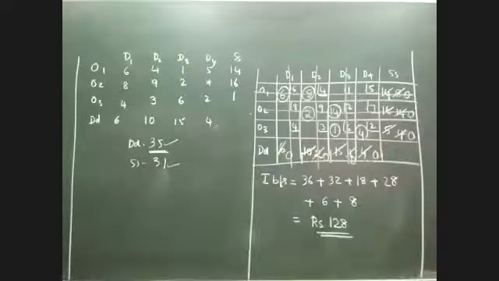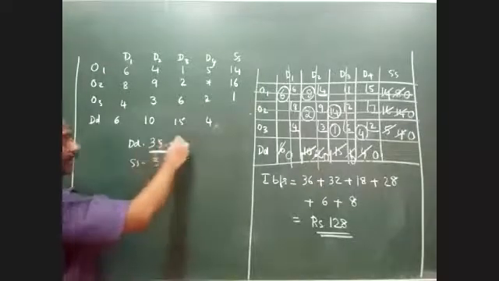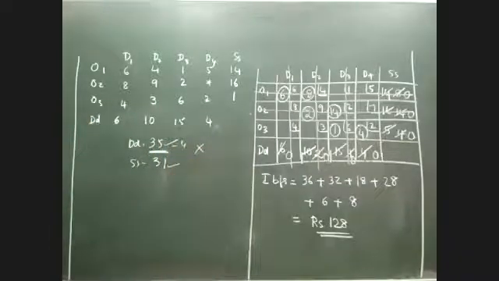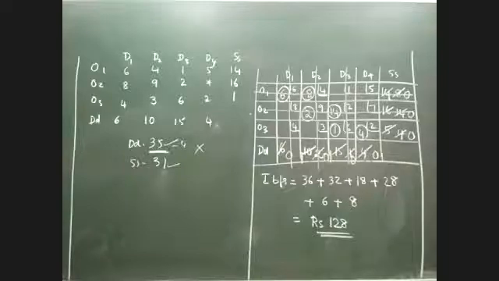The rule says whenever you are trying to balance total demand and supply, subtraction is not allowed. That means since supply is 31 and demand is 34, I cannot subtract 4 from here and make it equal. It is not allowed. In any transportation problem, subtraction is not permitted. So the only possibility before me is to balance the total demand and supply by adding the deficit. Whatever shortage is there, that has to be added and balanced.